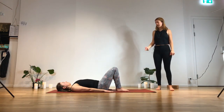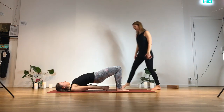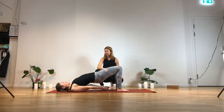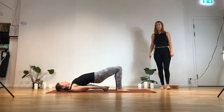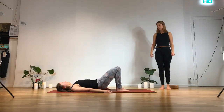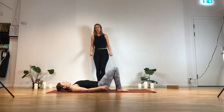And lift your hips and interlace the hands behind. So draw the knees straight forward, press into your inner foot, lengthen the buttock to the knees. One more breath. Then slowly release and lower down. Just take a moment. So either you're going to repeat bridge pose or we're going to set up for Urdhva